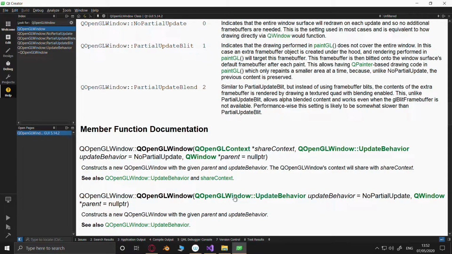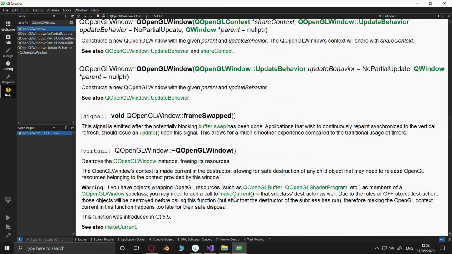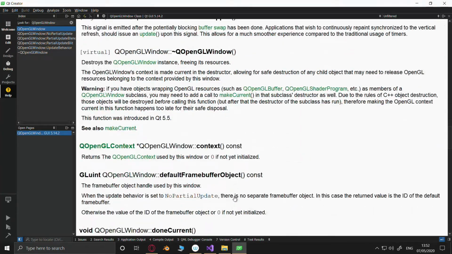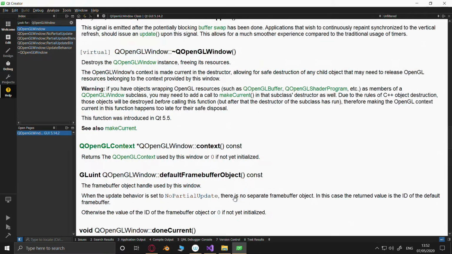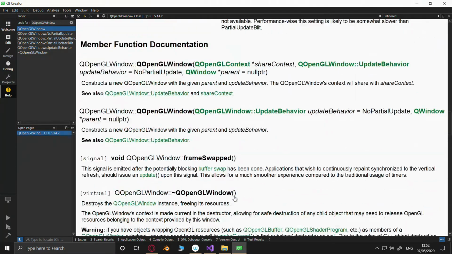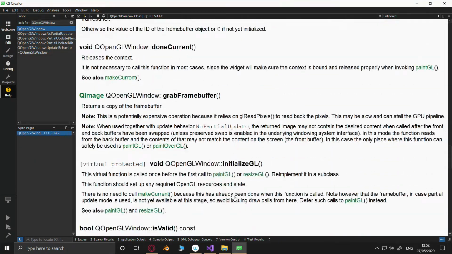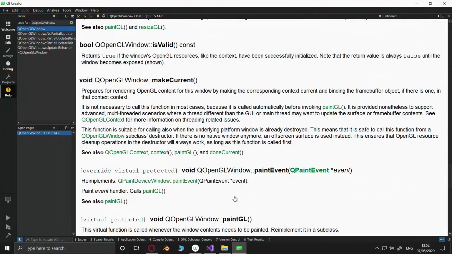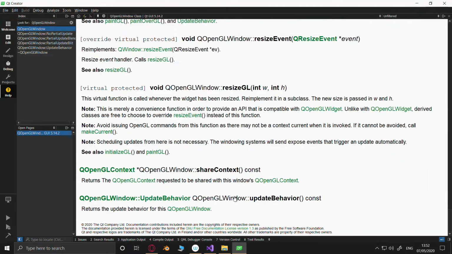That's what I'm using. I don't understand why it can't see it. QOpenGL window. Nothing else in here. Just check through. Yeah, okay.